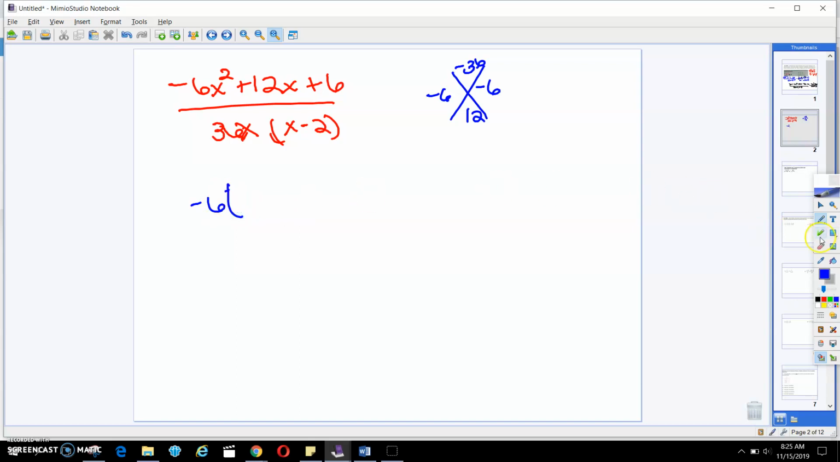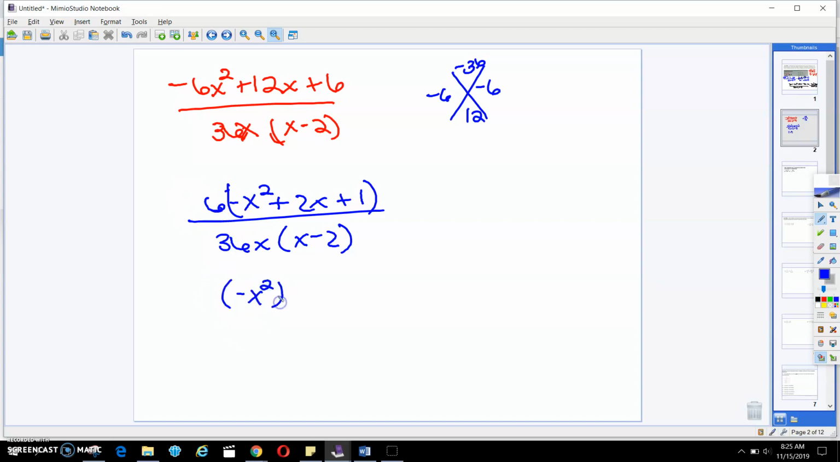We're going to pull out just a regular 6 because we're going to see that that negative doesn't actually go anywhere. So this will give me negative x squared plus 2x plus 1 all over 36x times x minus 2. All right, so what you're going to notice here is that these can simplify. So that's going to give me negative x squared plus 2x plus 1 over